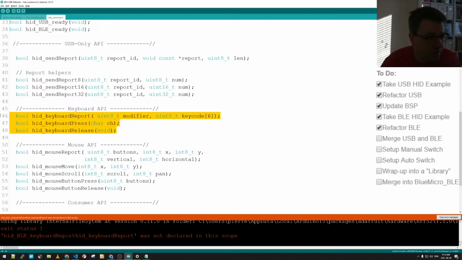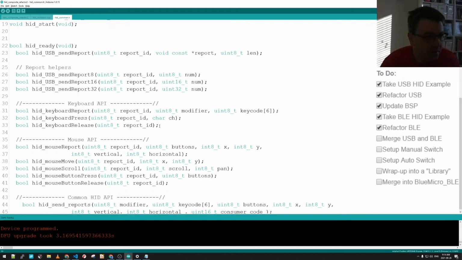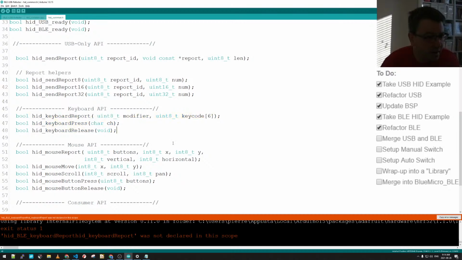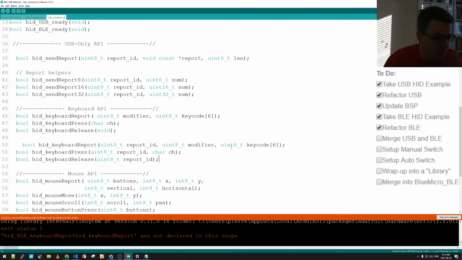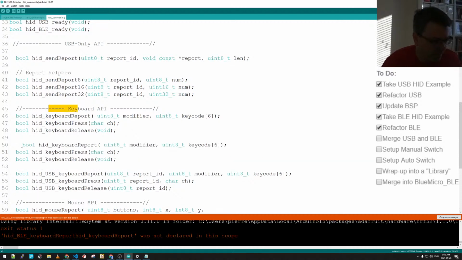So let's go in here. See these guys here. I need to bring them on the other side. But to call them USB. And have a duplicate of those. It looks like repeat, but I want to just keep it dumb for now. BLE and